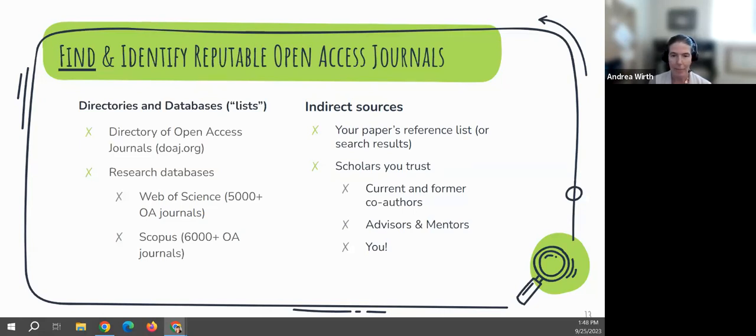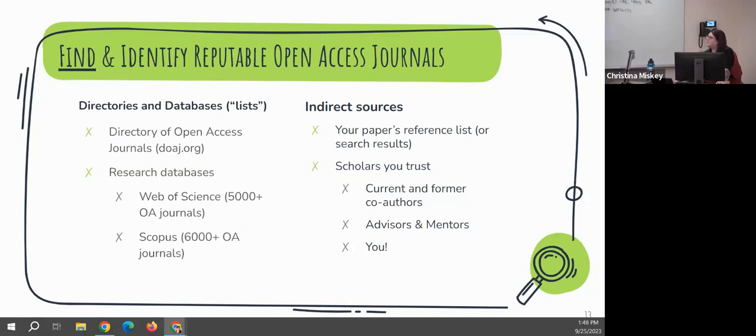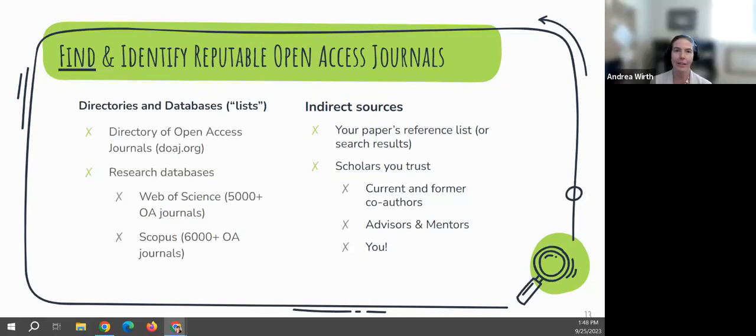And why I mention that is because you might use these databases and be most familiar with them when you're starting your literature review, which is great. And at that point, you wouldn't necessarily want to filter those results on any particular type of publication model of journal. However, when you're at the other end of your research, and maybe you've fine-tuned whatever it is you're looking to produce, you can go and conduct a similar search and limit the results to the open access journals in there